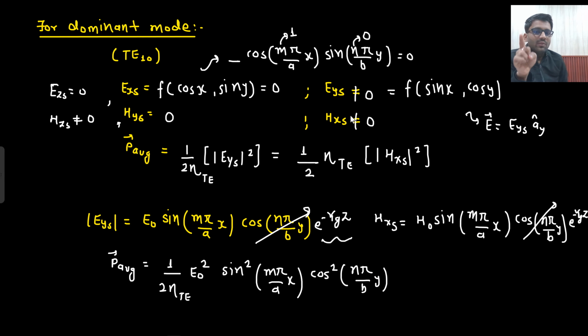Here they can write down the magnitude of electric field. They do not need to show the direction, because here Z and X all components are 0, only Y is present. So by default you need to think that this is the amplitude in Y direction only. But here they need to mention that H naught is the